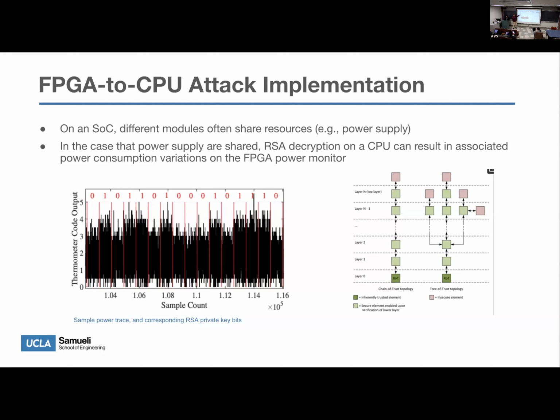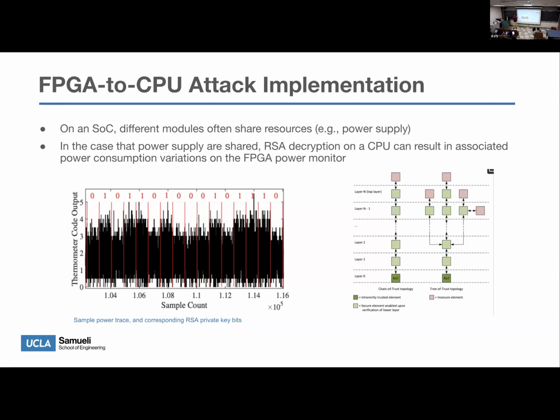The key reason this could be another vulnerability is that on a system on a chip, different modules, for example an FPGA and a CPU, might share resources, primarily the power supply. So in the case that you are in fact sharing a power supply,